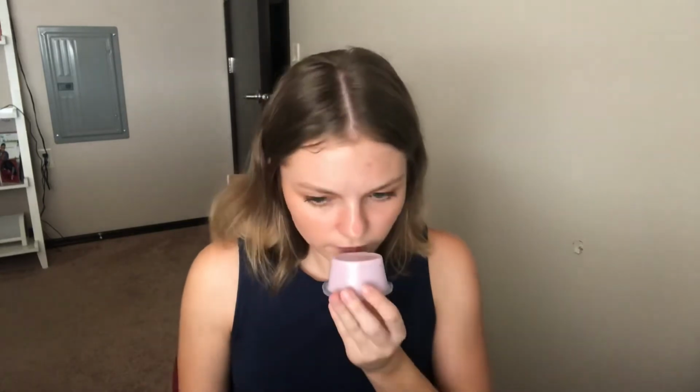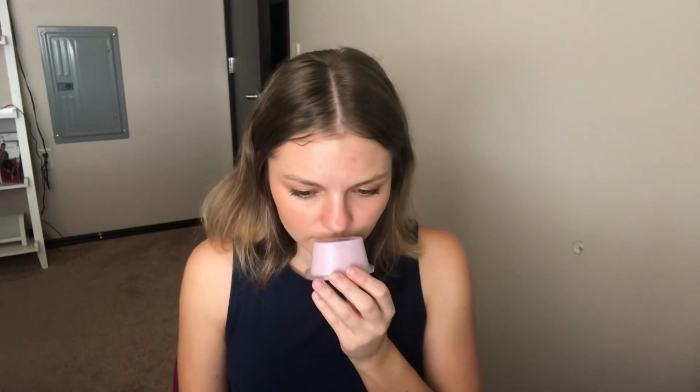I don't know, it has an essential oil lavender type smell, not a lavender marshmallow type smell, but maybe that marshmallow and the birthday cake will come out a little bit more when it's melting. But right now the top is more like vanilla or marshmallow or whatever you want to call it, and then I feel like the bottom is definitely more lavender essential oil smelling. I feel like as it warms it might even itself out. So I'm not 100% sold on this, but